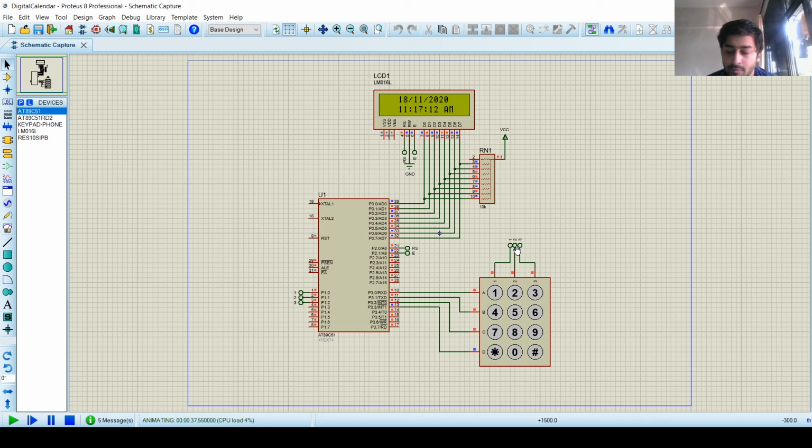Now we will see the future scope and application of this project. First, the future scope. The first point is that it can be implemented in making an alarm clock with a little modification in the code and the circuit. It can also be used in offices, homes, anywhere to display the date and time. It can be used to implement a stopwatch. So this was all for the future scope, and let's see the applications.